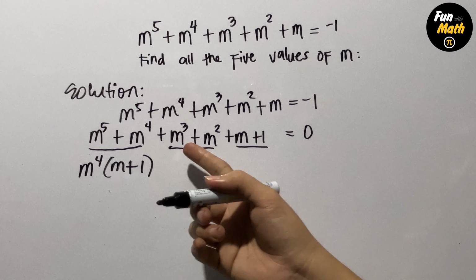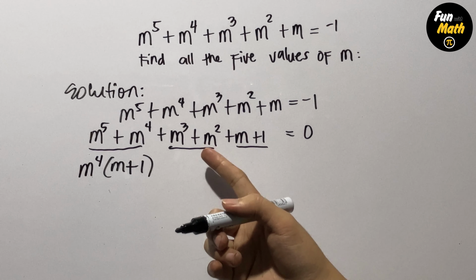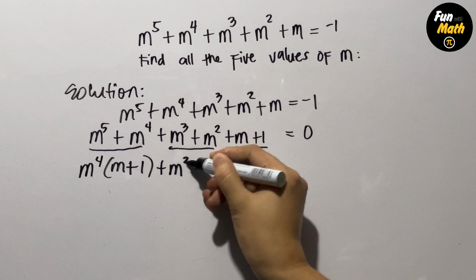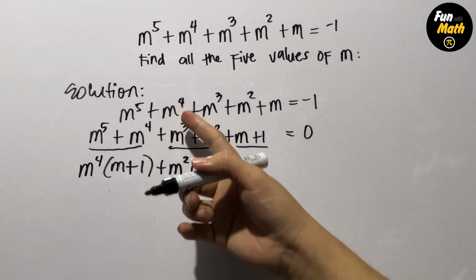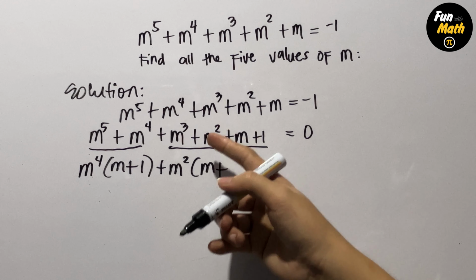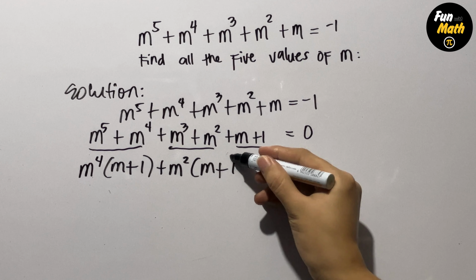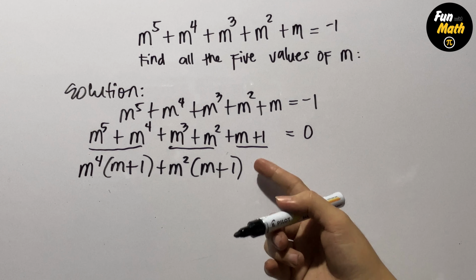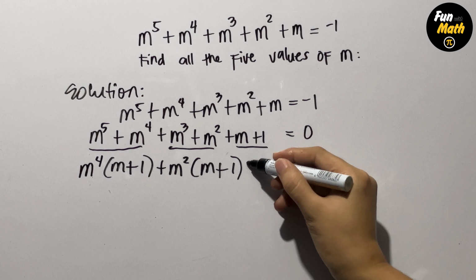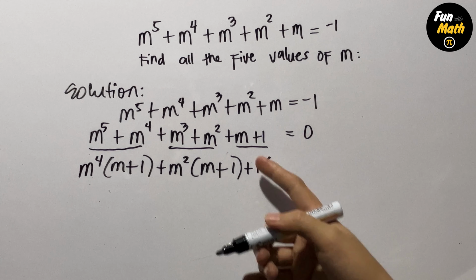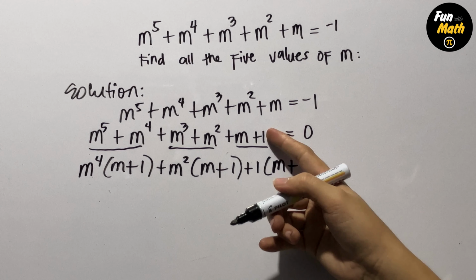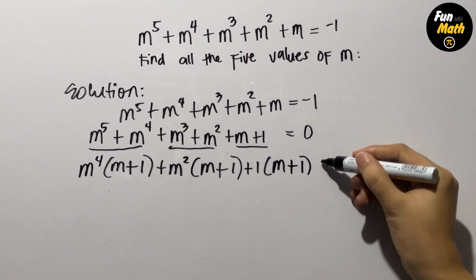Next pair, we have m cubed plus m squared. The common factor here is m squared. So plus m squared times m cubed divided by m squared, that is m, plus m squared divided by m squared, that is 1. Now, next pair is m plus 1. The common factor here is 1. So plus 1 times m divided by 1, that is m, plus 1 divided by 1, that is 1, equals